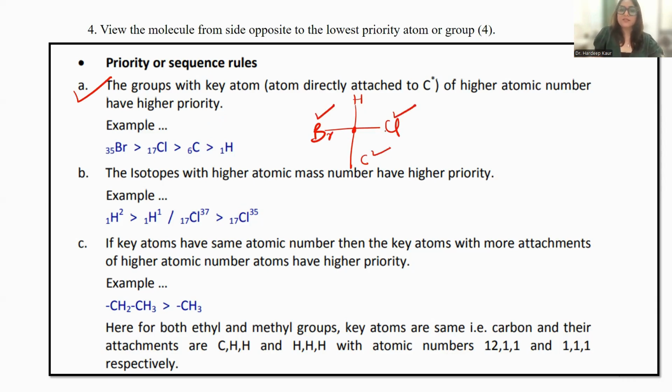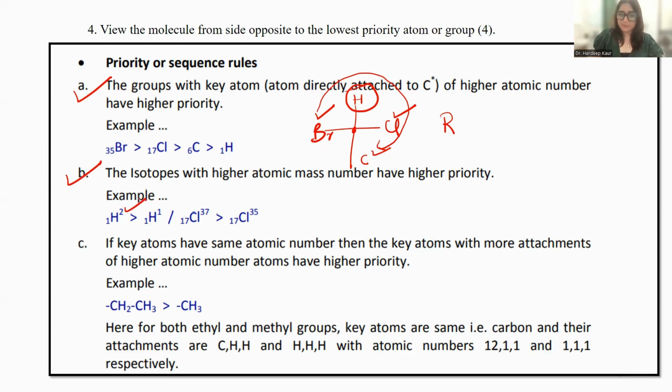Then chlorine, then carbon, at least this is the lowest priority group. So this is how we can arrange them, like this. Clockwise, this has R configuration because H is at the back, top or bottom. Second, suppose isotopes are attached to a particular compound, like hydrogen or deuterium, in that